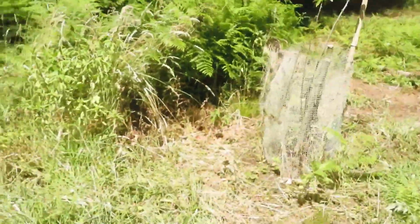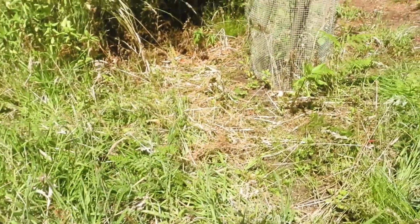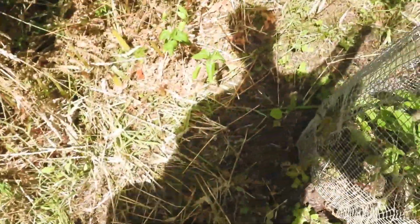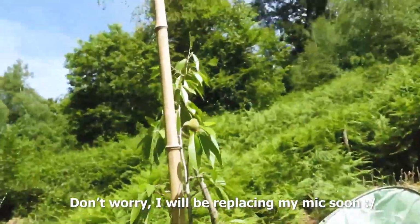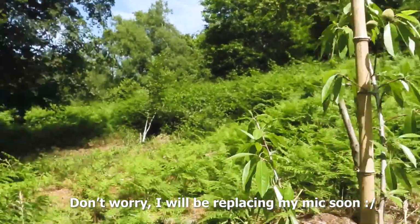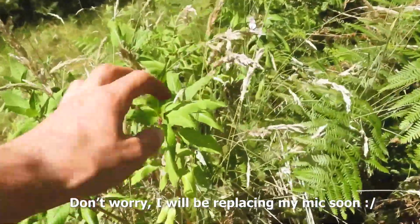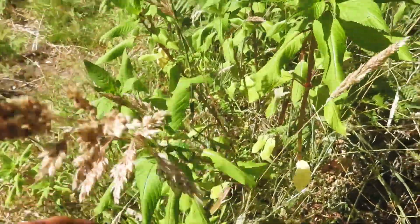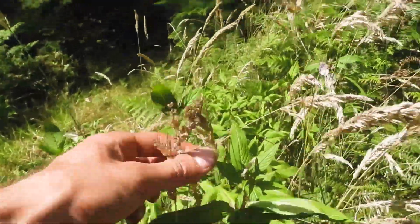So this is the state of what we're dealing with. It's very dry. We've had to cut back this because the almond tree was being swallowed by other plants. Like this, for example, I believe this is Himalayan balsam, which is an invasive plant. And then we've got all this grass coming up, which